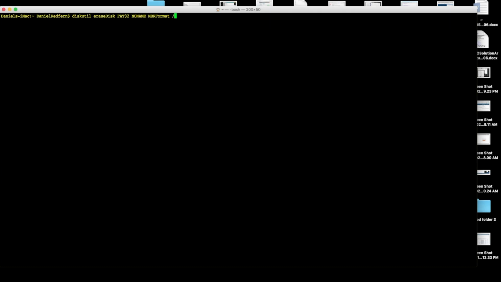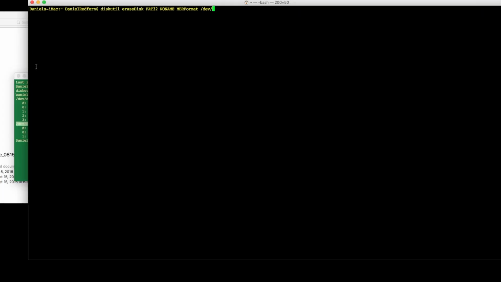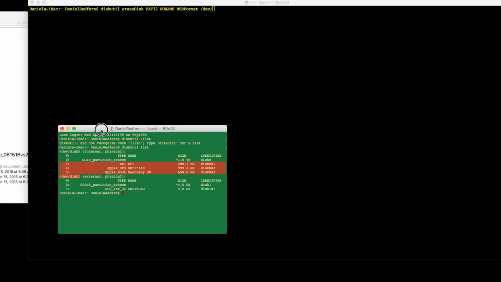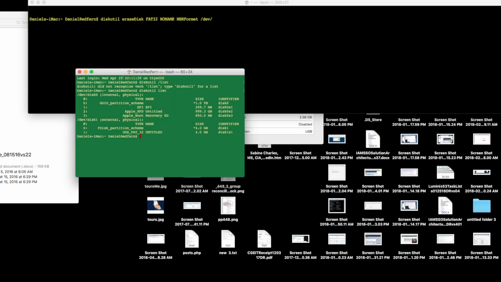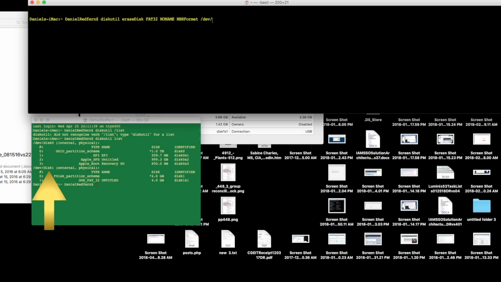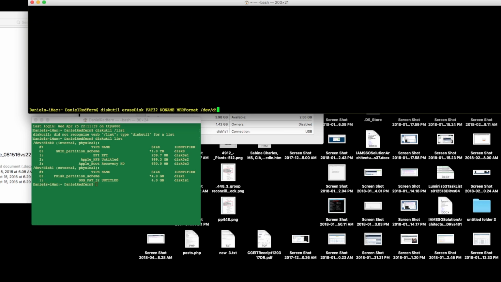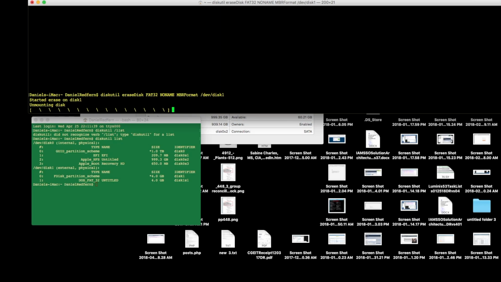So if I do /dev, and then disk 1, as illustrated in the separate terminal, and then press enter. So it will start to do the same thing within the UI, but actually within the